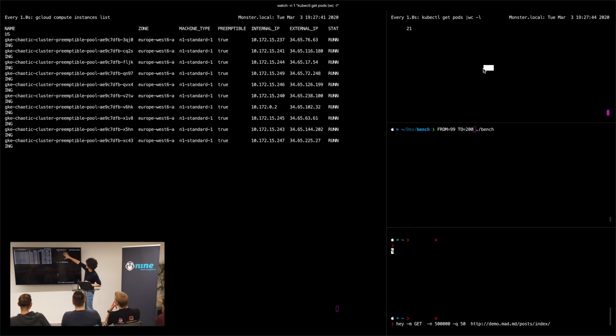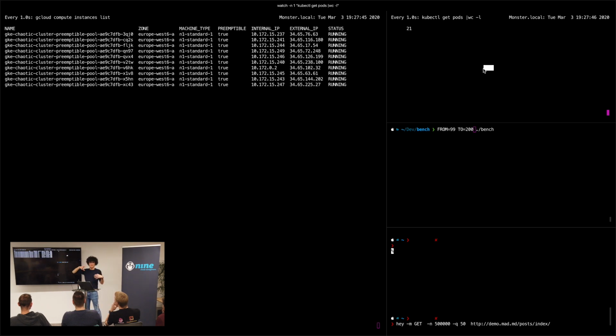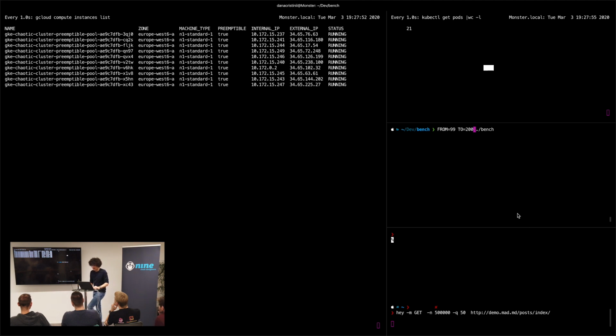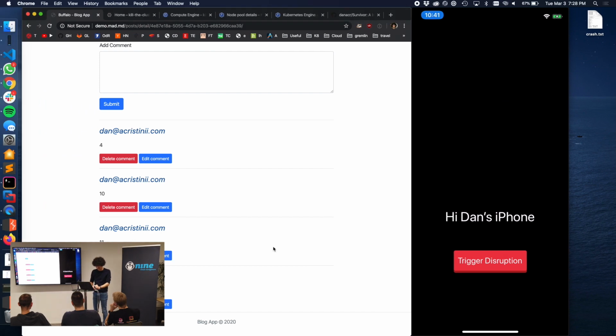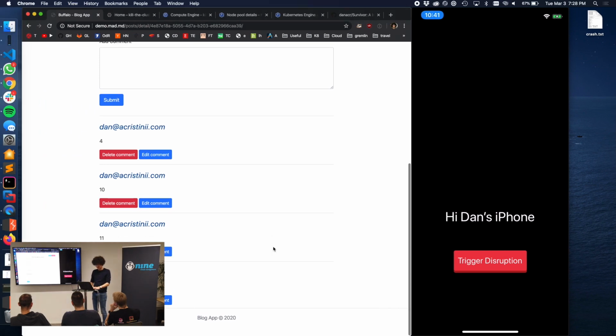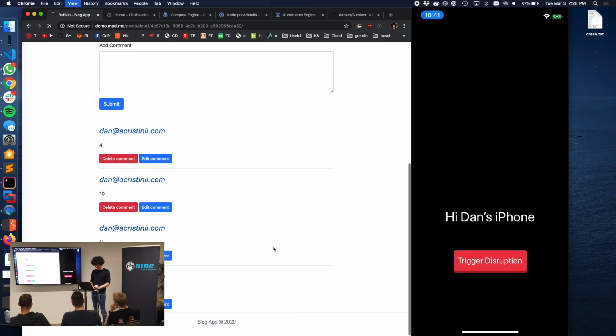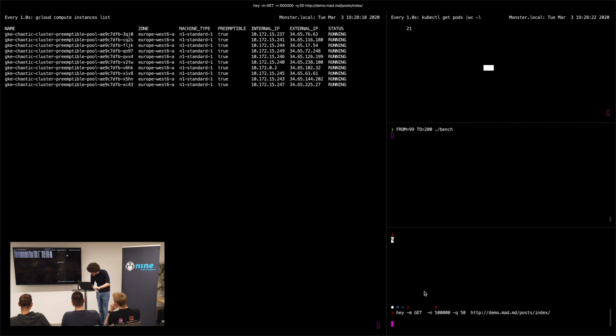So this is trying to keep track of the number of pods that we're currently running. As you can see, just a simple GET request does not trigger much for Go. At least, did it run? It is running. And we're going to simulate some sort of a user posting comments. Yes, it's Go, so it's easier to do environment variables. OK, that is working right now. That is still there, and these are the VMs. So if I go now and refresh, unless it broke, which might definitely happen since this is a demo. Nope, we're not receiving any comments. So I guess my benchmark is not working.